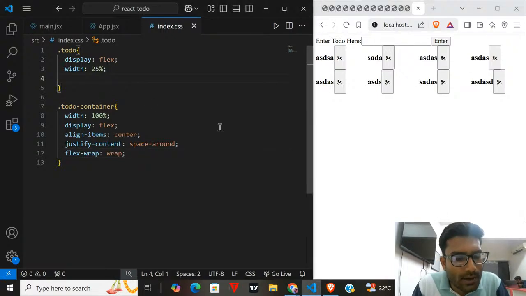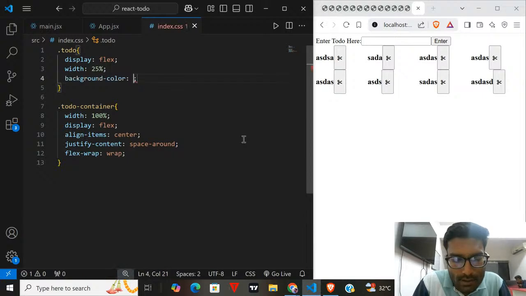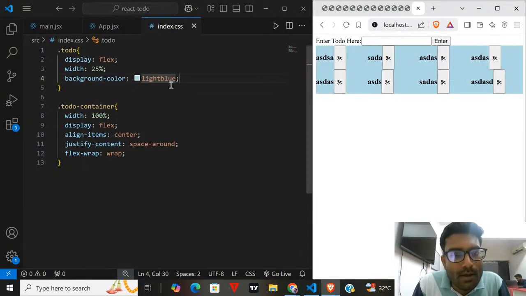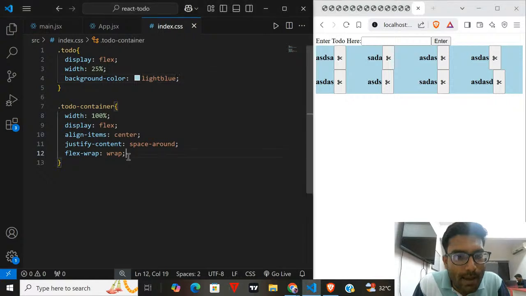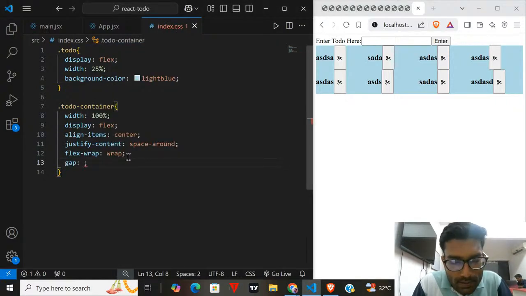You can give a certain background color. So let us give one background color and it will be light blue, let us say. We want some gap, so give gap also. I need 1.5 rem.